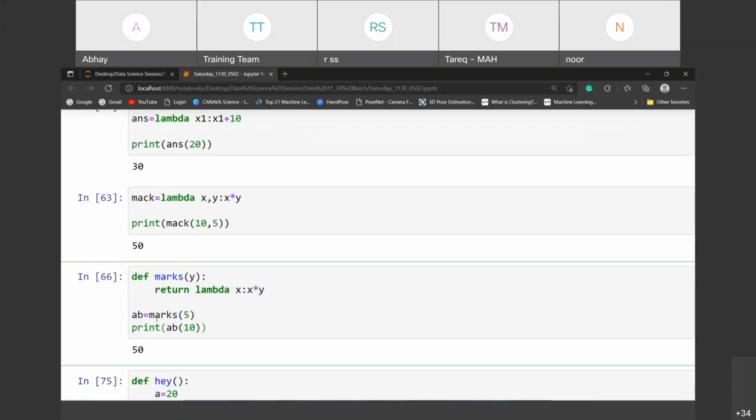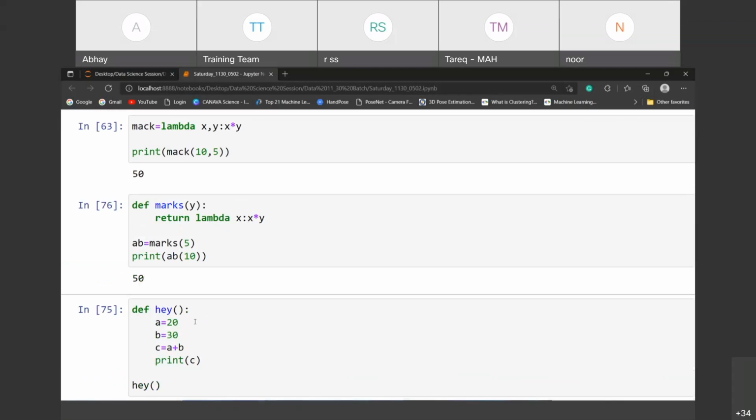Suppose AB is equals to marks 5, you know what I have done, so marks will take a y value and AB will take a 10, so 10 into 5, that is 50. If I pass here suppose 50, 500, because AB will take the value of lambda x and marks will take y.